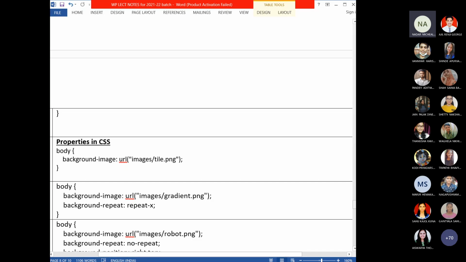Now time is 1:30. At 2 o'clock we will start the practicals. In the next lecture, we will see some of the properties. We can't see all the properties. We see some of the commonly used properties of CSS. And then we will move to JavaScript. During the practical, I will cover embedding audio, video and all. I said that we can do it directly in the practical. You will understand. Then JavaScript we will start.